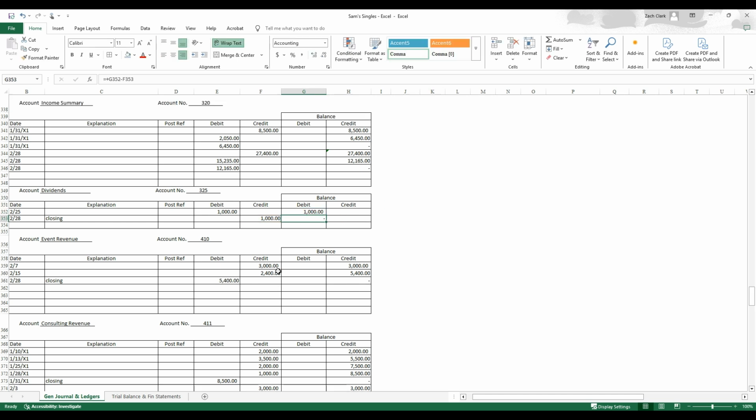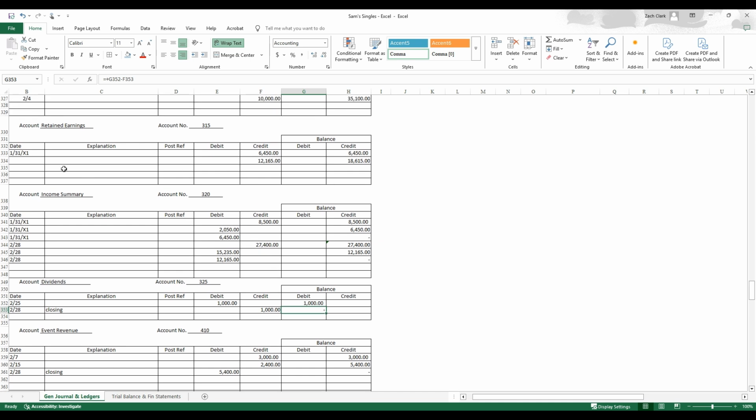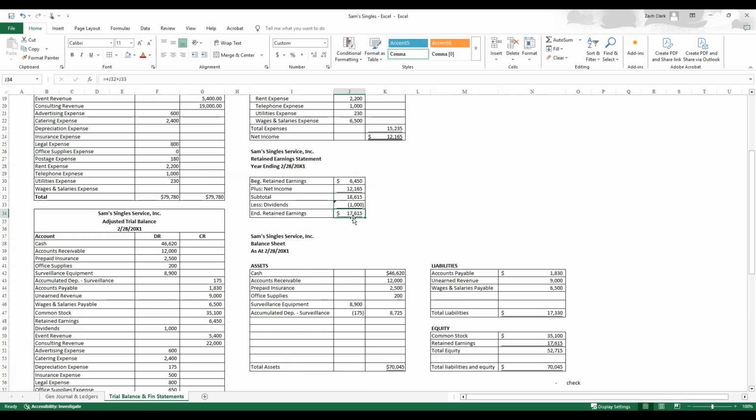And then we need to hit retained earnings for that. This is 2-28. It does not like me typing that in. Let's link it. Okay, and then we were crediting dividends here, and we're debiting retained earnings as the other side. So we'll take our credit balance minus the 1,000 debit. Now we're at 17,615, and that ties out to the ending retained earnings statement, and that kind of proves out that